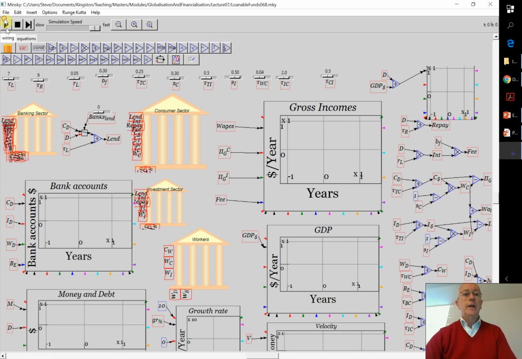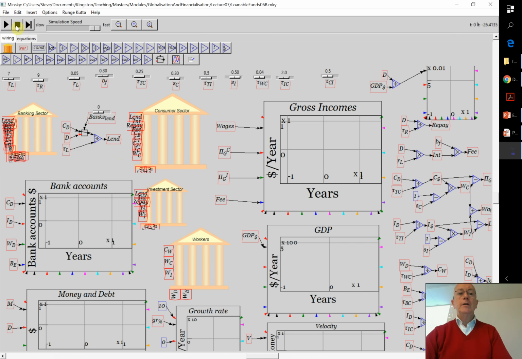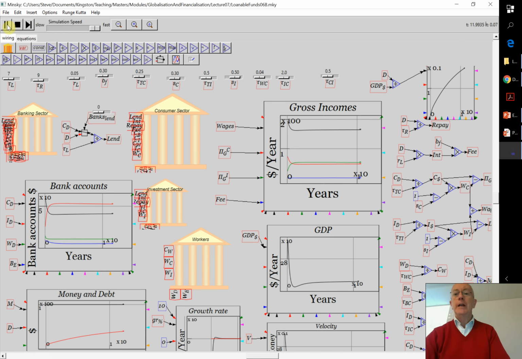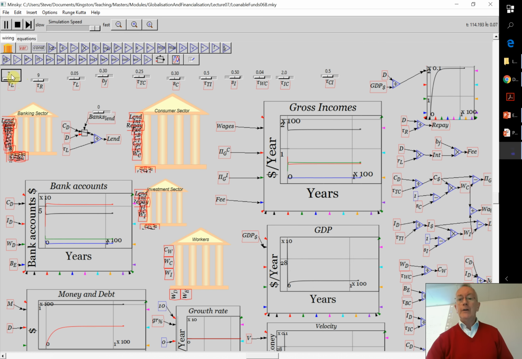Okay, and now simulate. Sometimes the graph won't run again. If that happens, if the graph doesn't actually write, hit stop and restart again. And now you can see a debt to GDP ratio turning up over there as well. So let's now increase the rate of lending. Oh, now it's running quickly. Notice the speed's dramatically faster now.